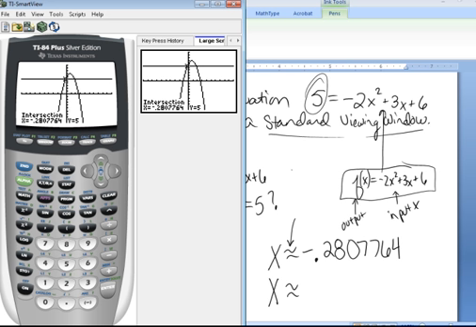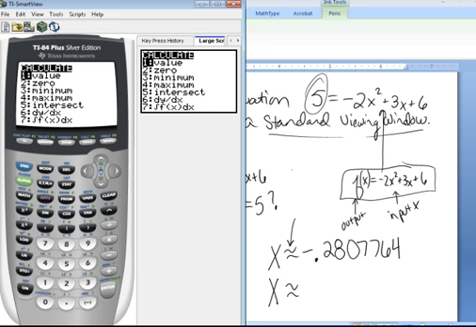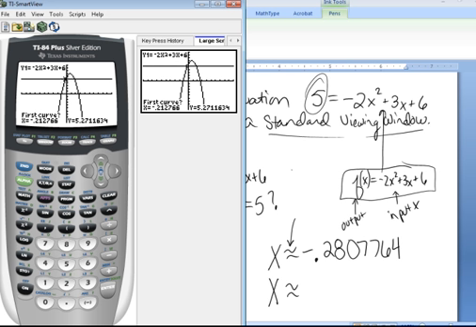To find it, I'm again going to just go through that same process. I hit second, trace, select option 5. It asks for first curve. I press enter. It jumps and asks, is this the second curve? I press enter. It asks for guess, and I arrow to the right to put the cursor on top of that intersection and press enter. And it says the intersection occurs at approximately